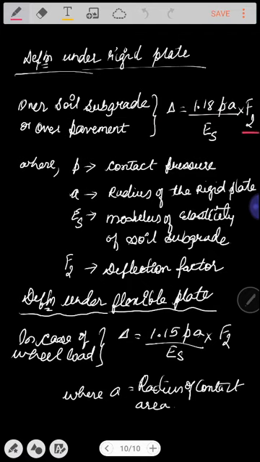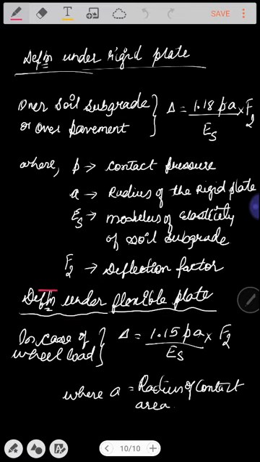So what quantities should be determined? F2 has to be found from the graph, and we should know the values of the contact pressure as well as the radius of the rigid plate, and we must also find the modulus of elasticity of the soil subgrade. So what is the other formula required for calculating the deflection of the flexible